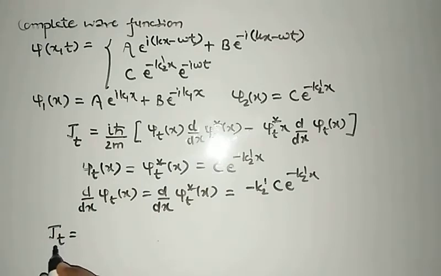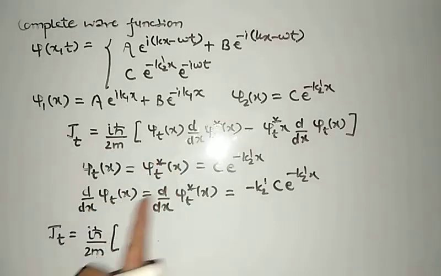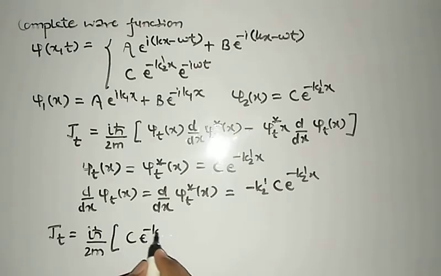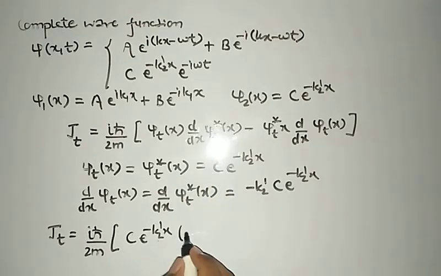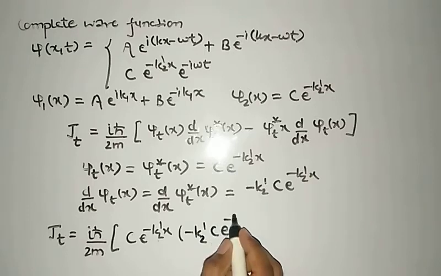We want to see the value of J_t. It will be iħ/2m ψ_t*(x), which is C e^(-k2' x), and this part is in multiplication, -k2' C e^(-k2' x),